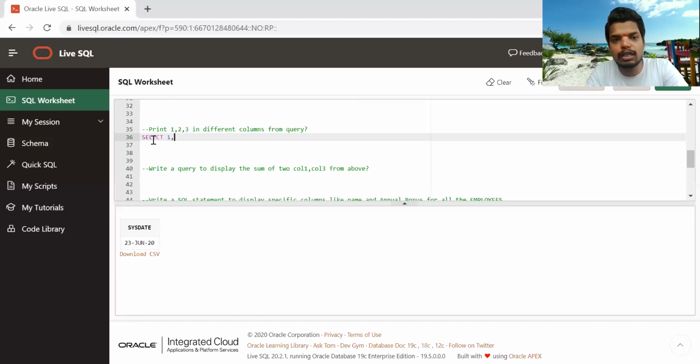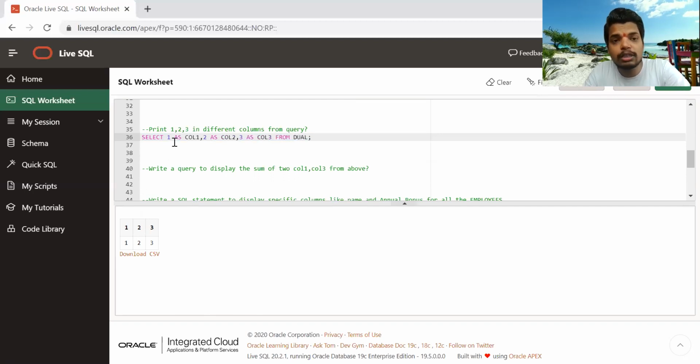If you write it simply like this, from dual. So dual is a virtual table, I will again reiterate, dual is a virtual table which is present and available all the time in our Oracle database. Select 1, 2, 3. This is the column name and this is 1, 2, 3. If you want to make it a little clearer, you can write column 1, column 2, column 3.